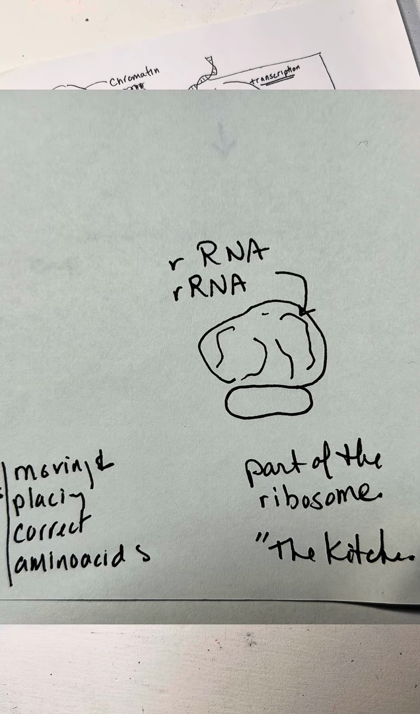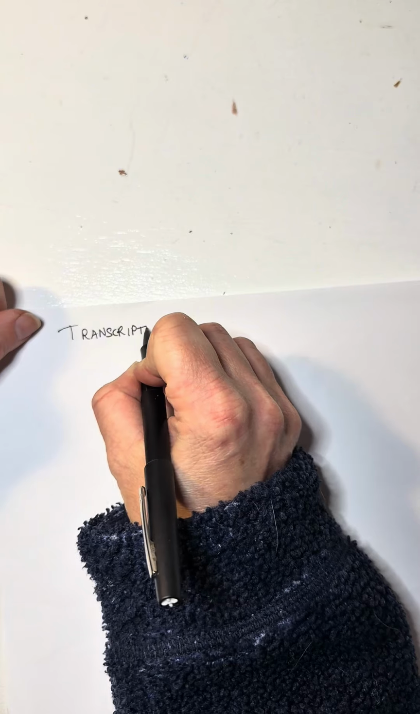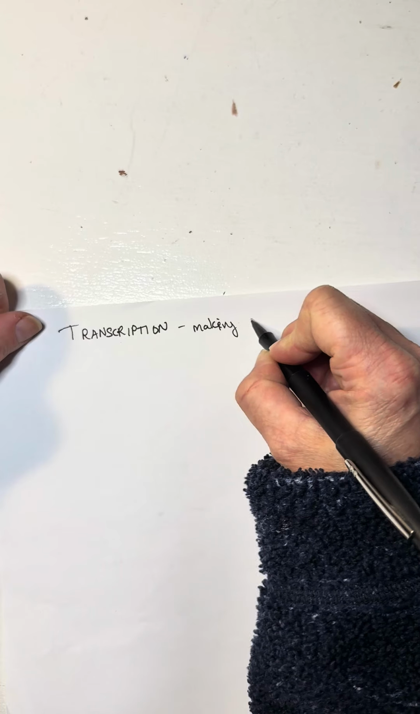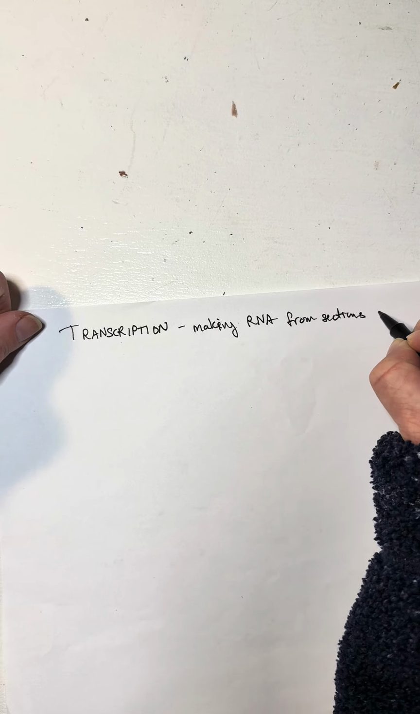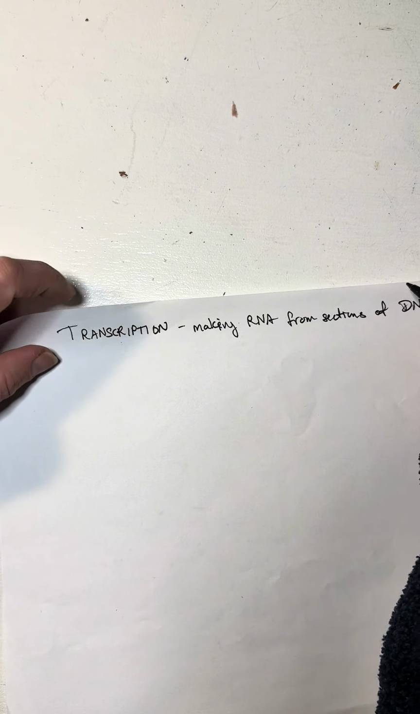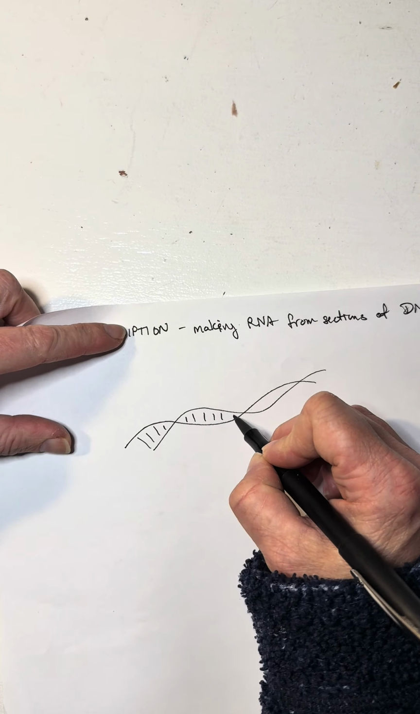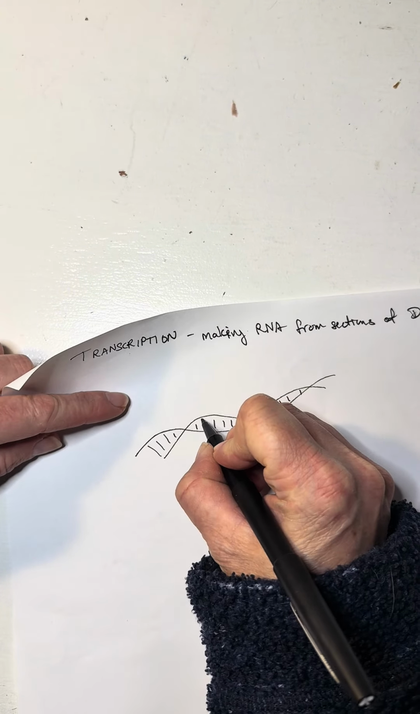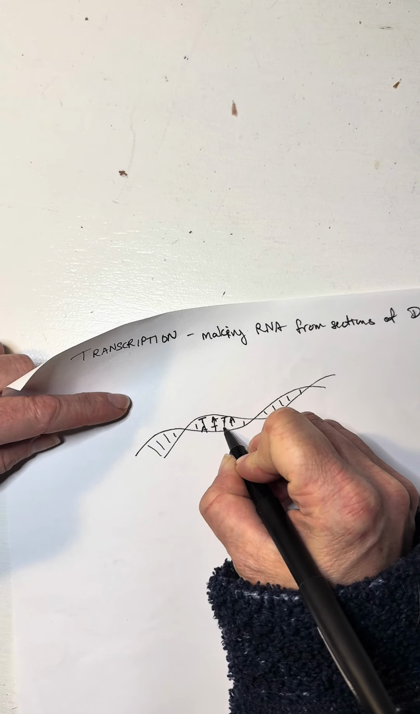So like any good recipe, it comes to life in the kitchen. Transcription is going to be the making of this RNA, the process of making RNA from sections of DNA. And if you think about your DNA existing kind of in this twisted form, parts of that DNA are visible, and there are specific sequences like the Tata box that allow for the pairing